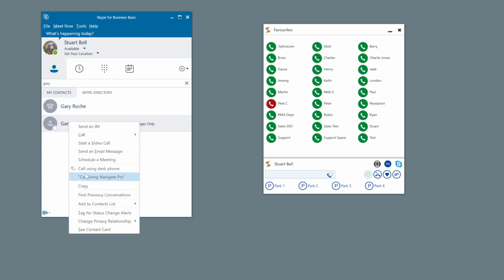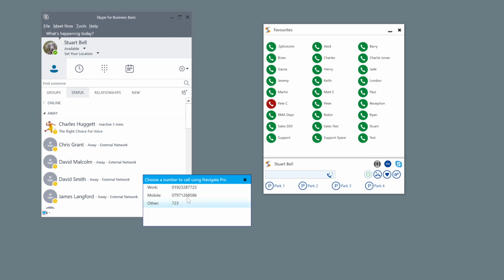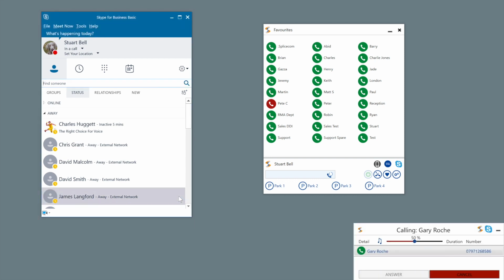I can right click and call using Navigate Pro, and it's now popped up with the telephone numbers that I'm allowed to call him on, and I can then click and make a call, and it's now dialing out through the telephone system by taking the directory information from Skype, and you can see it's now immediately put me into